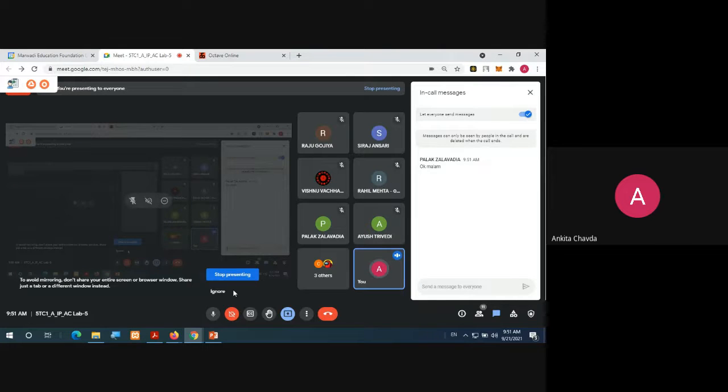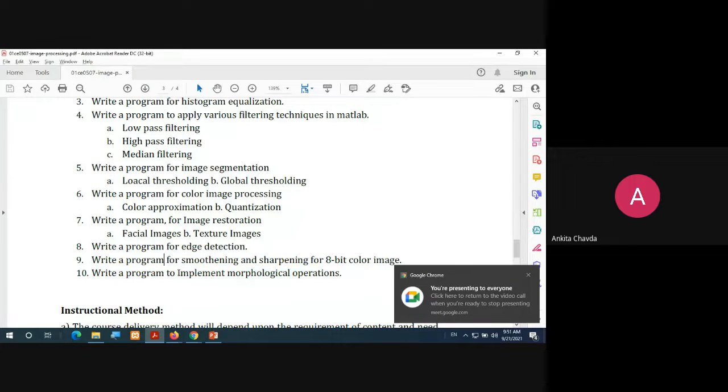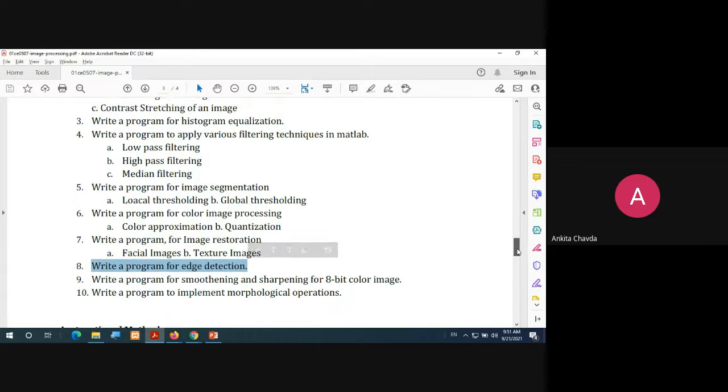So let's continue. We have to start with morphological operations, and what we need to see next is image segmentation and edge detection. These three programs are the remaining ones. Let's check again.